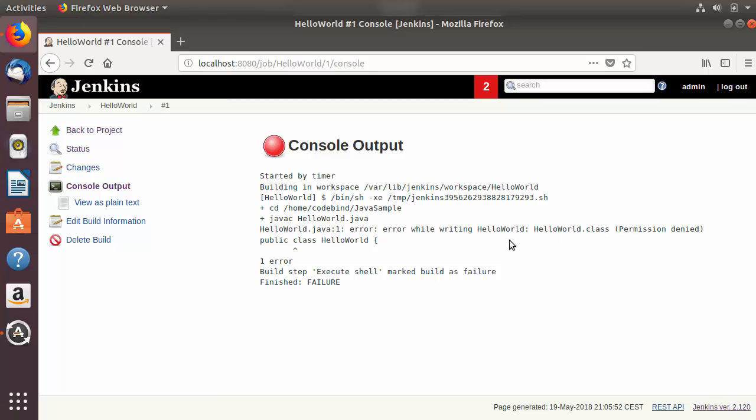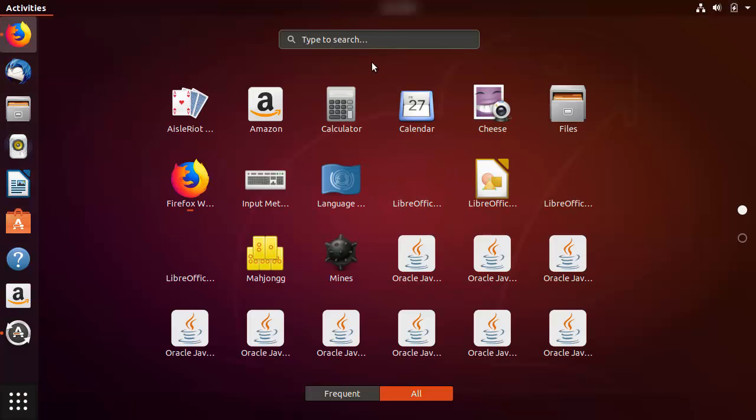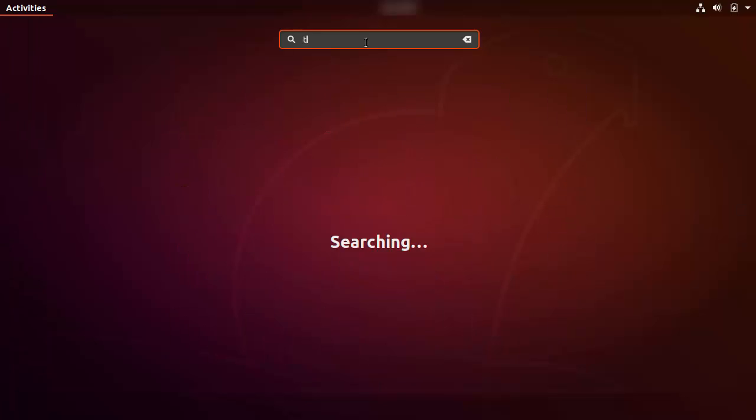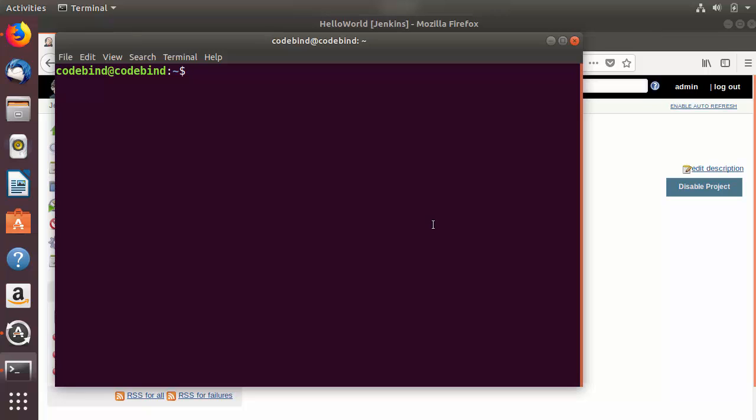So let's change the sudo privileges. So let's go to the HelloWorld, and you can see already there are 3 builds because we have configured Jenkins to run every minute. So don't worry about this. What we are going to do is we are going to open the terminal. To open the terminal, I can just go here and just search for the terminal or press Ctrl+Alt+T on my